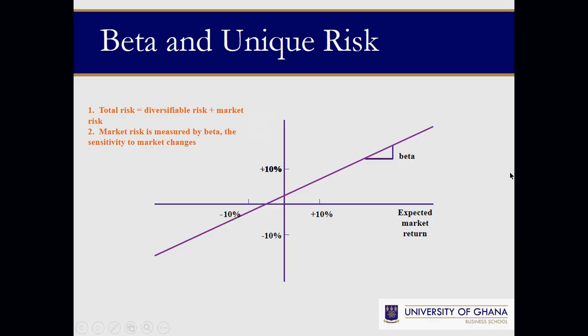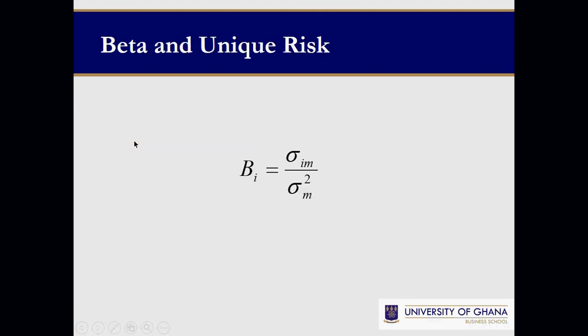So beta is like the slope of the market, right? Which, remember, was x1 minus x2 over y1 minus y2, something like that. So total risk is equal to diversifiable risk plus market risk. Market risk is measured by beta, the sensitivity to market changes. So this is beta,